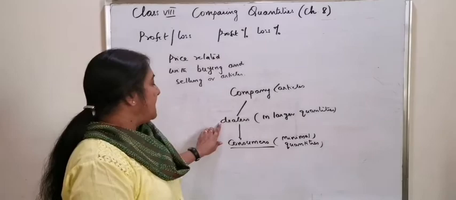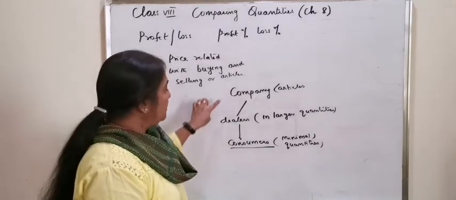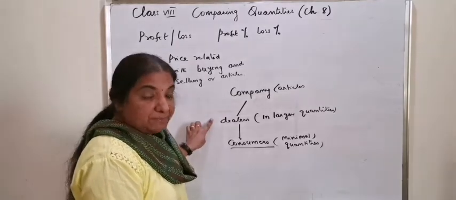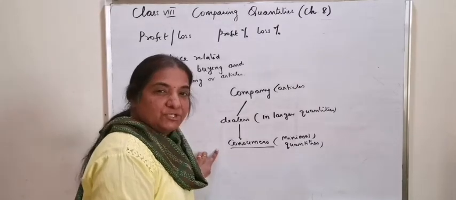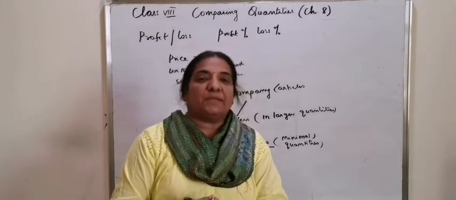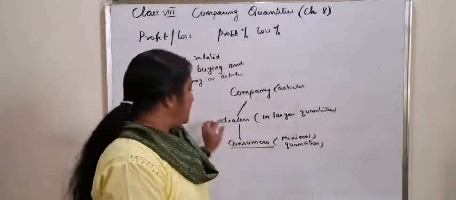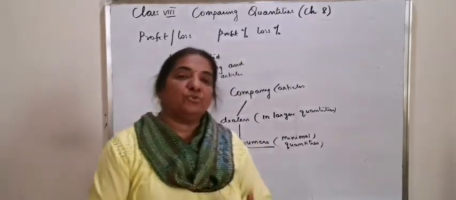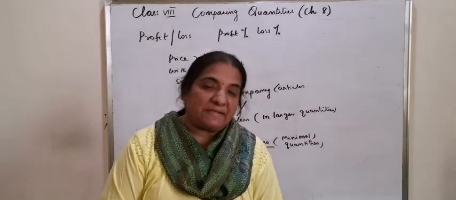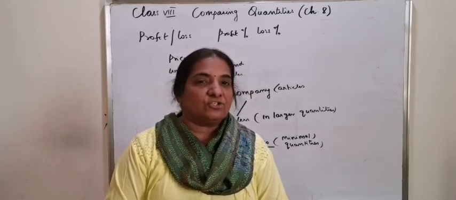So when the dealers buy an article from the company, they will get a discount on the original price, or they will take the price at the company rate. When they are selling to the consumers, the dealers will keep a little price margin extra to make a profit. But loss happens to these dealers when they have huge stock and it is not moving in the market as expected. They will keep a discount, and thus the dealers may incur a loss also.